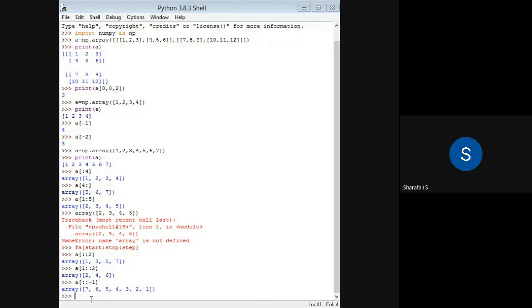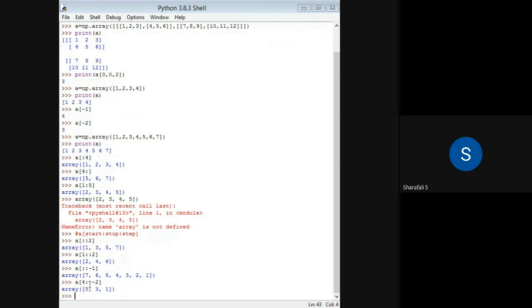And as we discussed earlier, we can also give the starting point. For example, if I put 4 and use colon, and then put -2, then I will be getting the following. It is starting from index 4. Which one is my index 4? This is 0, 1, 2, 3, 4.